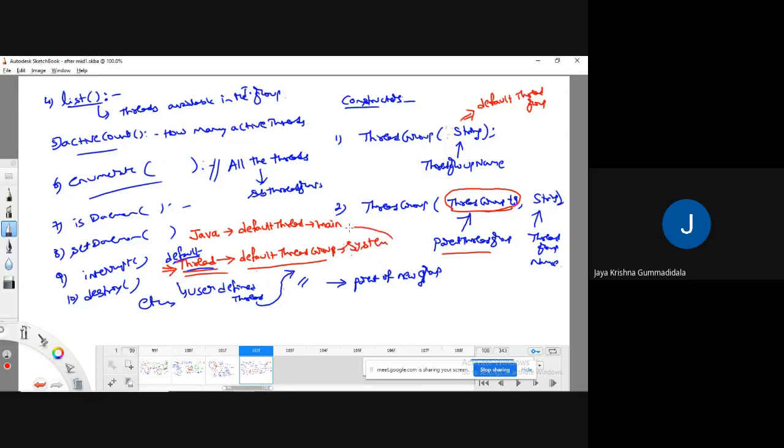The default thread group for the thread.